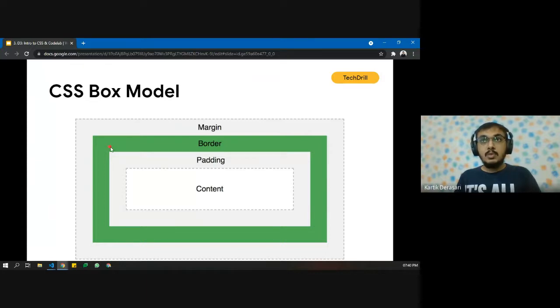But before that, if we want some space between the border and the content, then we need to use padding. Padding and margin are just for adding spacing between HTML elements, and are mainly used for styling.